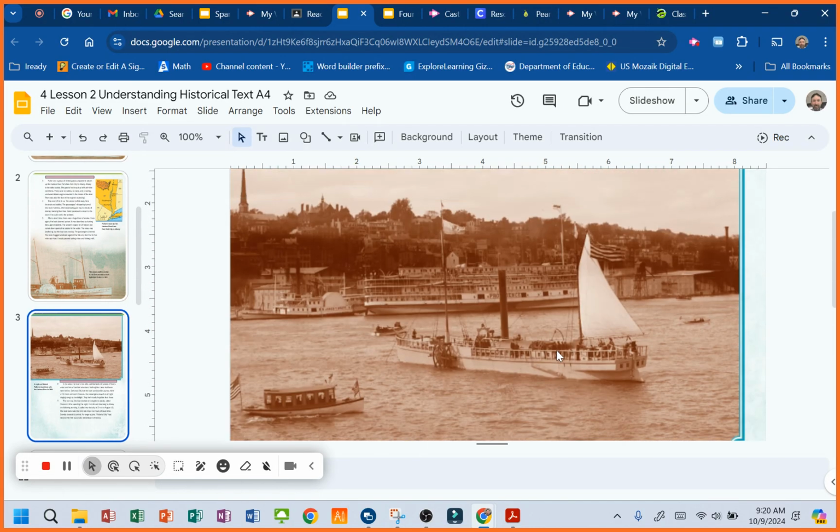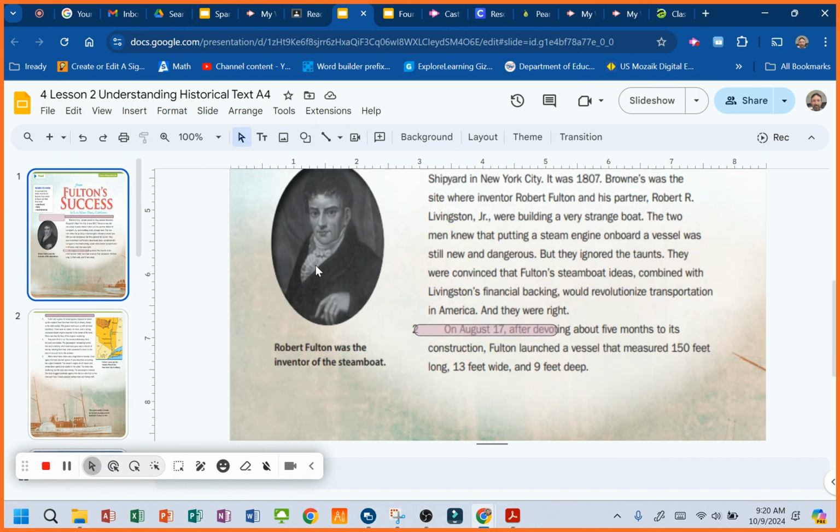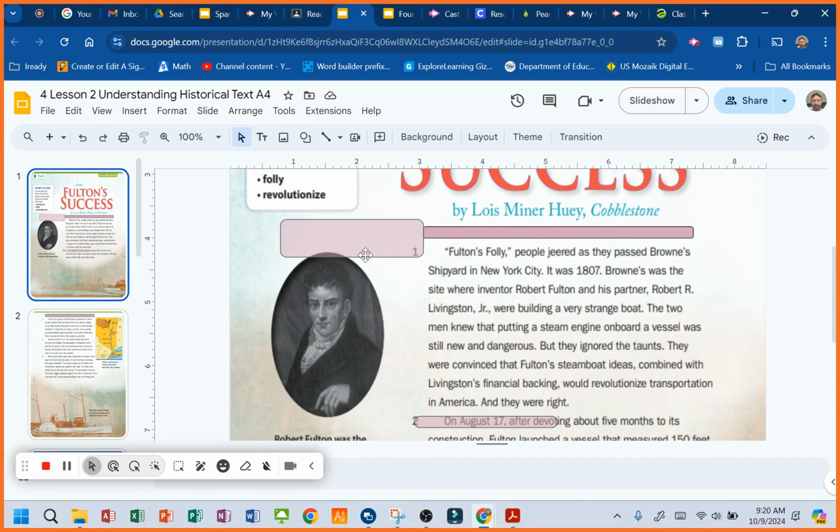All right, so how do you guys think this was organized? I mean, it could be problem solution, it could be cause and effect. What do you think? I think it's sequence because it's telling dates. It's giving dates. It's also showing how they overcame adversity a little bit. And yes.